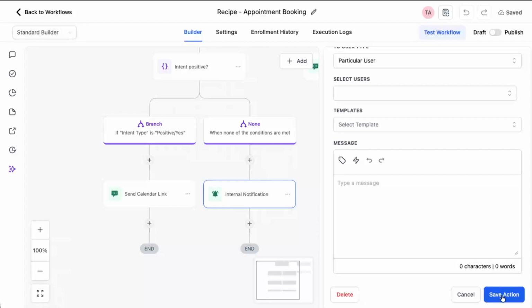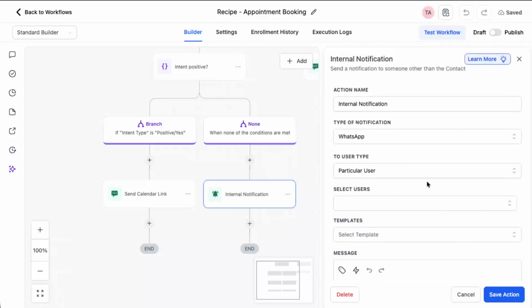When you're happy with the message and the settings, click Save Action. Your WhatsApp internal notification is now part of the workflow and will trigger automatically based on the template's